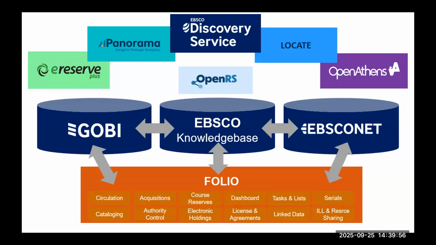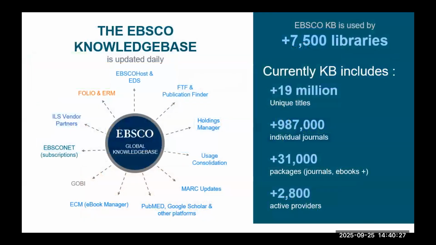And so this is what we consider to be the EBSCO ecosystem, this colorful diagram here. I just want to put that up there to kind of explain what we're doing with EBSCO and making sure that all of our products are integrated in with Folio. The idea being that any library who adopts Folio, implements Folio, uses it, can have seamless access to EBSCO's products. So our discovery tool, our OPAC, our authentication tool, our analytics platform, electronic reserves, workflows, acquisitions, all of that is tied in with Folio. That's what we wanted to be able to make sure that Folio libraries had that capability.